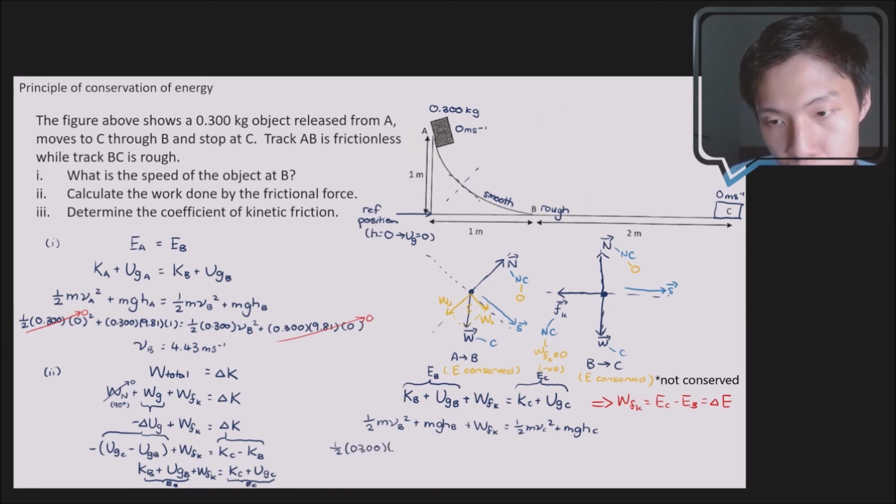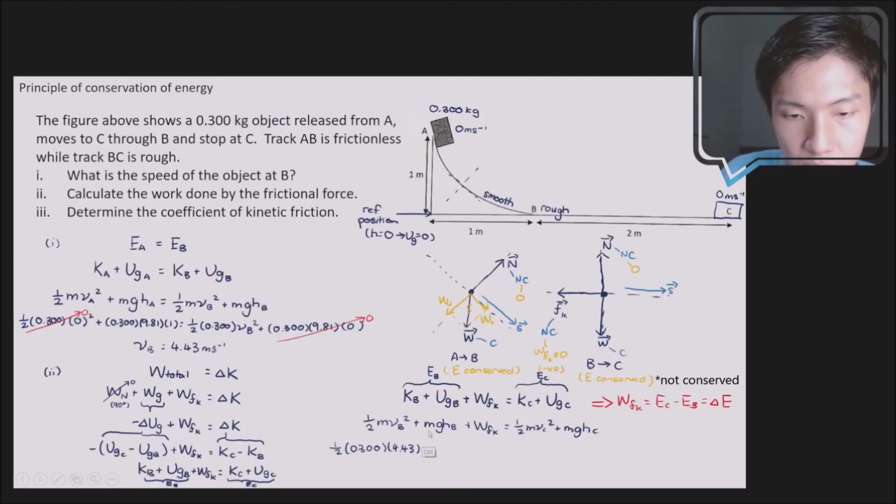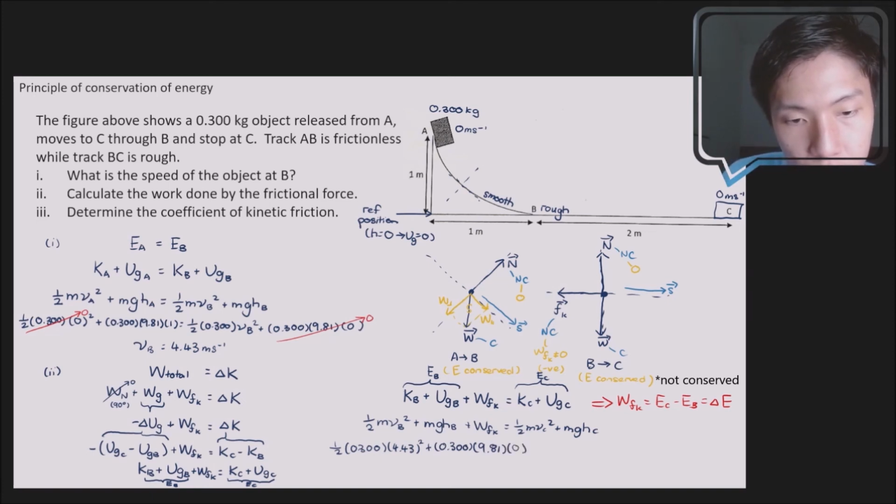At point B, your speed is 4.43. Okay, the answer is from here, 4.43, squared, plus m g h, height at point B to be 0, plus the work done by kinetic friction equals half m